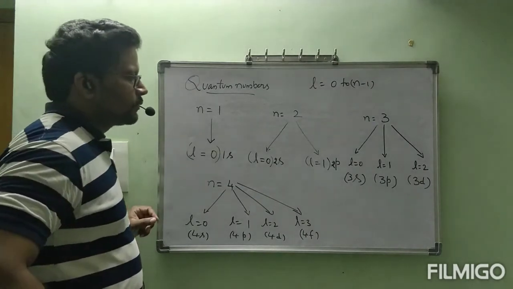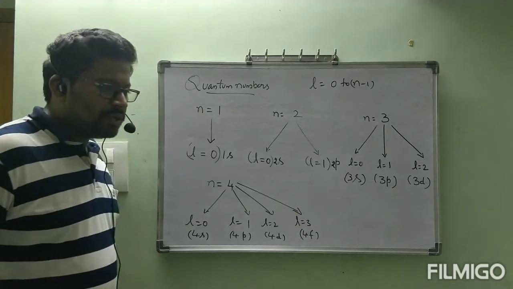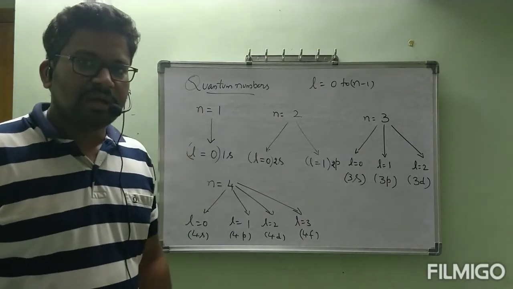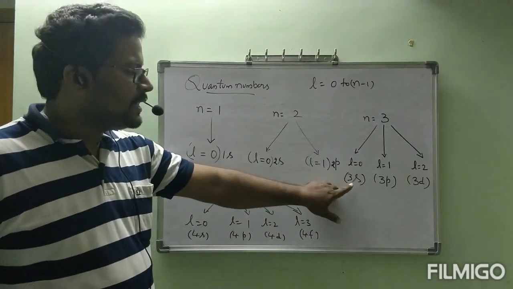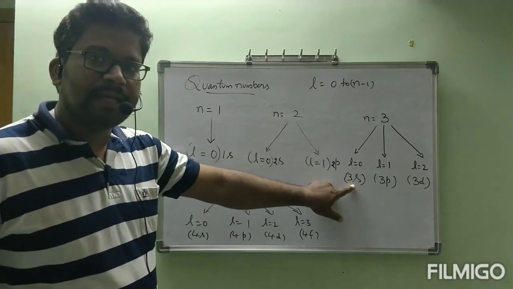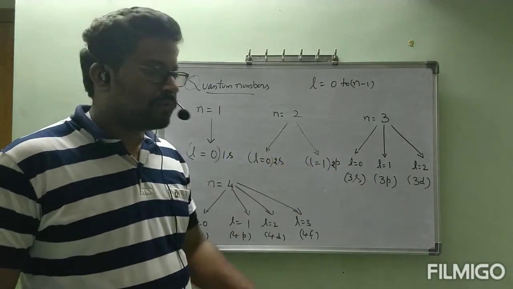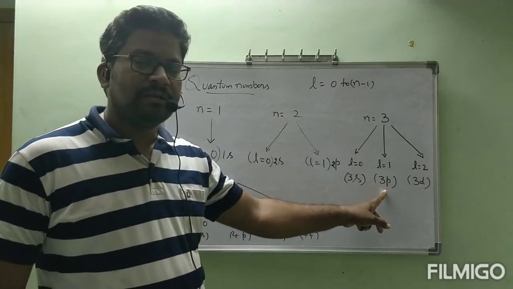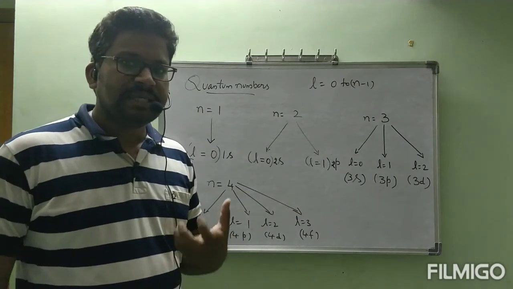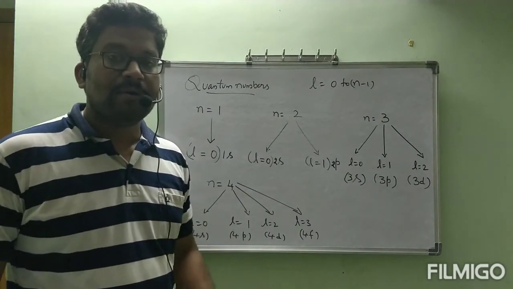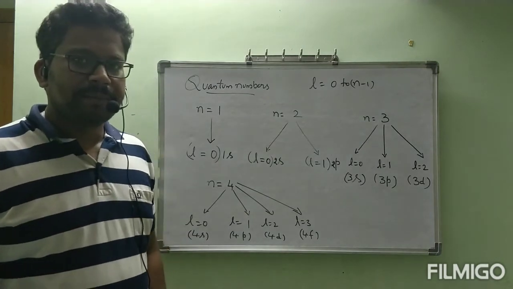Next, this is about the second quantum number. I told you it discusses the shape of the subshell. If you see l is equal to 0, we get the idea it is s. s means spherical. If you see l is equal to 1, we get the idea it is the p subshell. p subshell shape is dumbbell. Like that we get an idea of the shape of the subshell easily by seeing the l value.